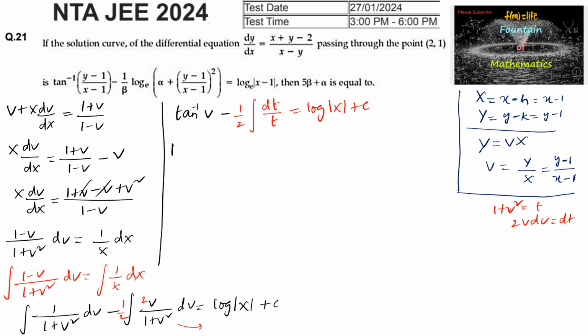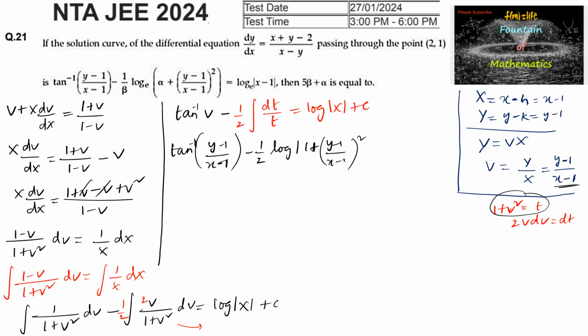This can also be written as tan inverse of v, which is nothing but y minus 1 by x minus 1, we can substitute directly, and minus 1 upon 2 integral 1 upon t is log mod t, t is nothing but 1 plus v square, where v is nothing but y minus 1 by x minus 1 whole square, let us write directly, which is equal to log, here x is nothing but x minus 1